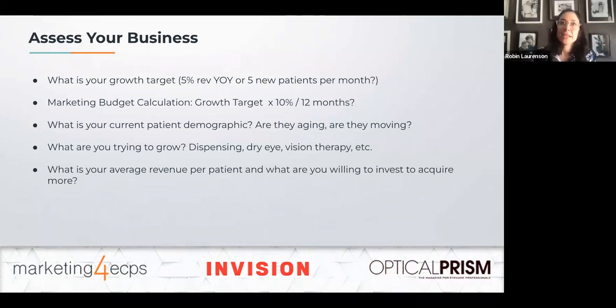Yeah, absolutely. I get these kinds of questions all the time. What does the average practice spend on marketing? Well, really, it depends on your specific goals. It depends where you're located. If you're in downtown New York City versus a rural county out here in Alberta, it's going to be very different. But the average rule of thumb is, let's say you want to grow your practice by $500,000 a year. We take the $500,000 and multiply that by 10%. That gives me $50,000 a year that we need to spend on marketing in order to grow your practice. So we divide $50,000 by 12 months.